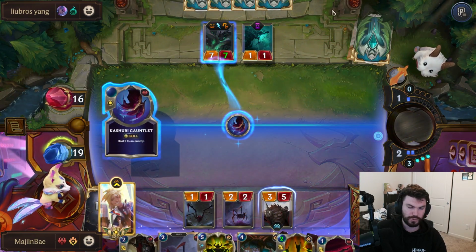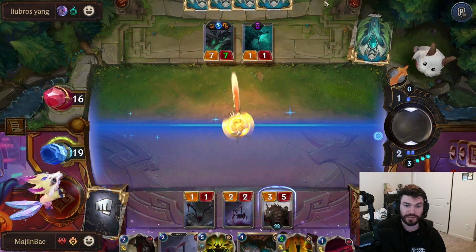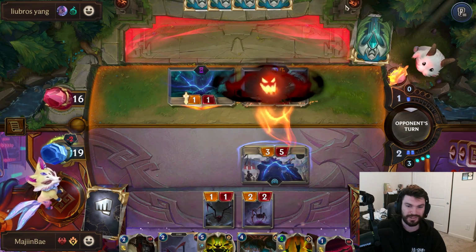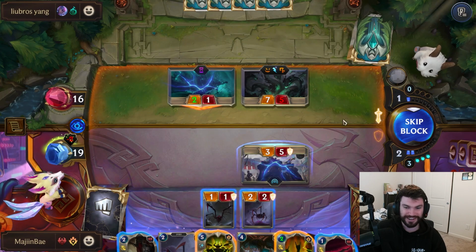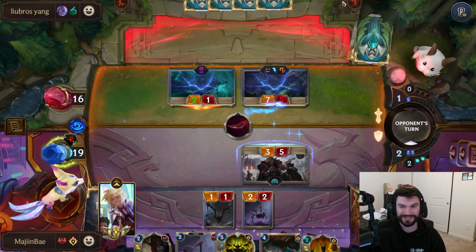Ionia misconstrues our noble intentions. Kind of like Caustic Rift instead of Blade's Edge. Uses our mana perfectly, kills the little one. Like, I guess it doesn't really matter at all, huh? It saves 2 life. Do I care? Not really. Yeah. Caustic Rift's just like...